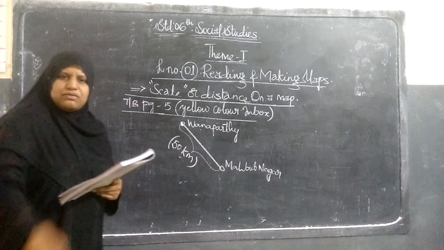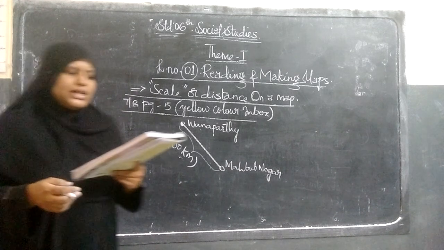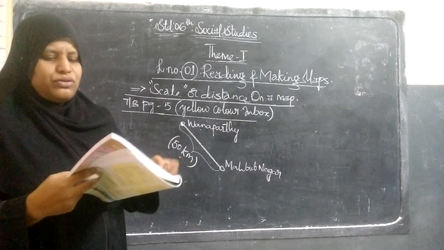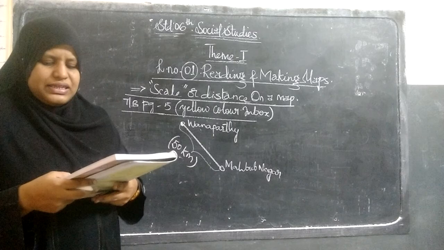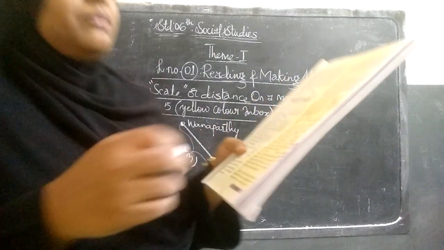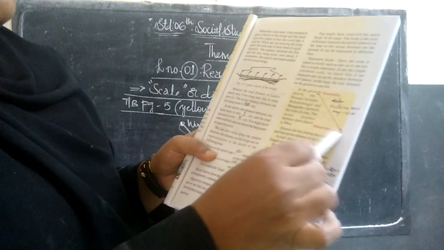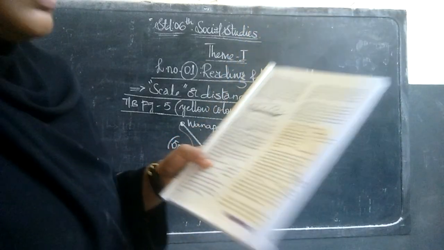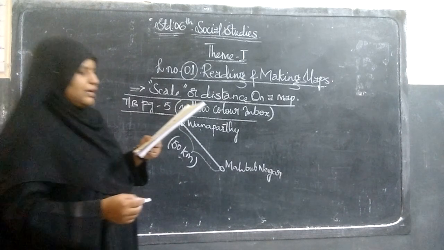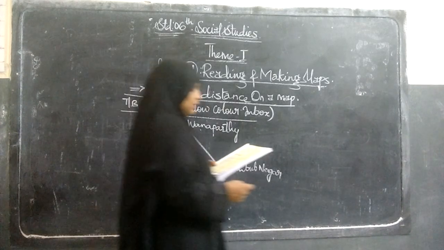Now we are going to go with the example of the places in kilometers. In the previous one we showed it in centimeters or meters. Now measure the line joining the two places and find the distance on the map. We need to go with the map to find out that the actual distance between Mehboob and Vanapati is 50 kilometers. Based on the distance between Mehboob Nagar and Vanapati on the map, can you find the scale of the map? Now, if we are going to take out the scale.